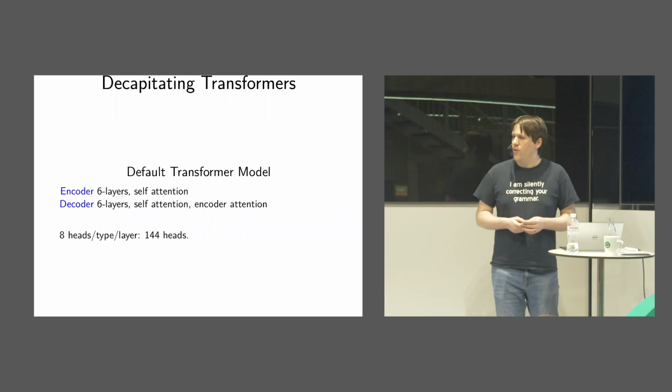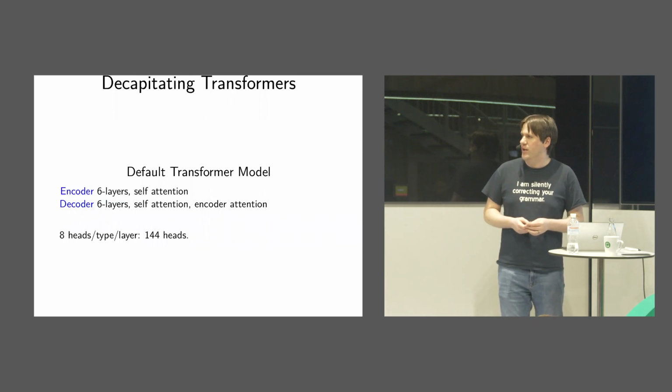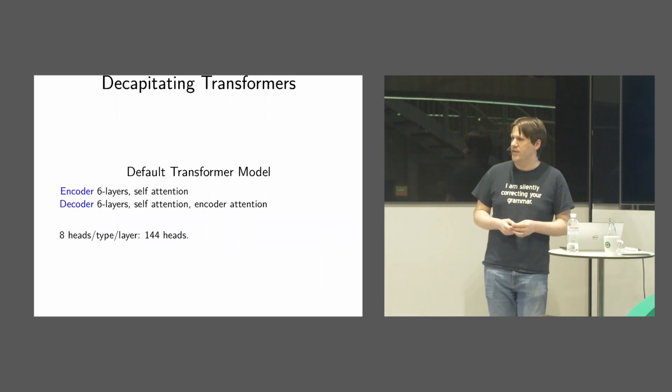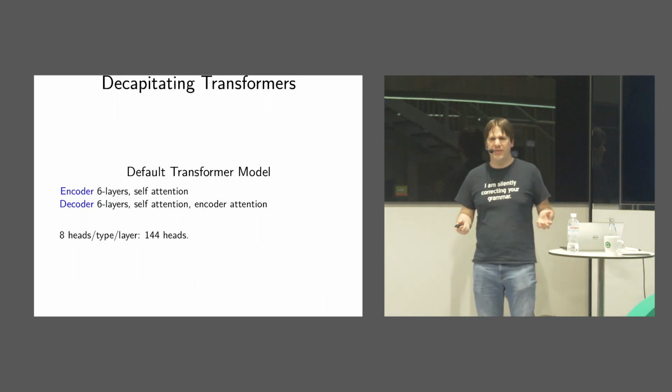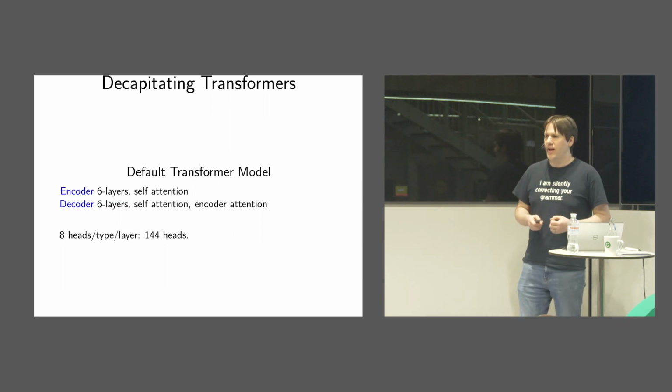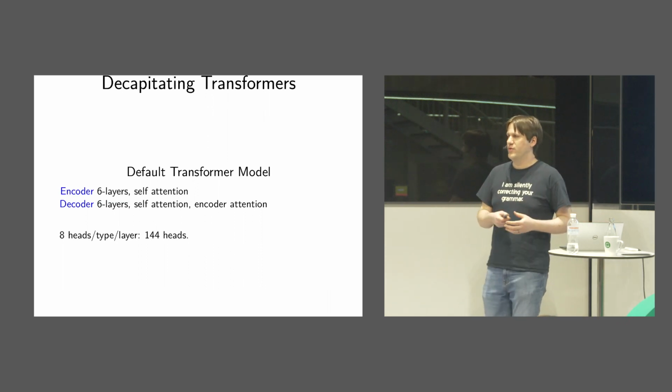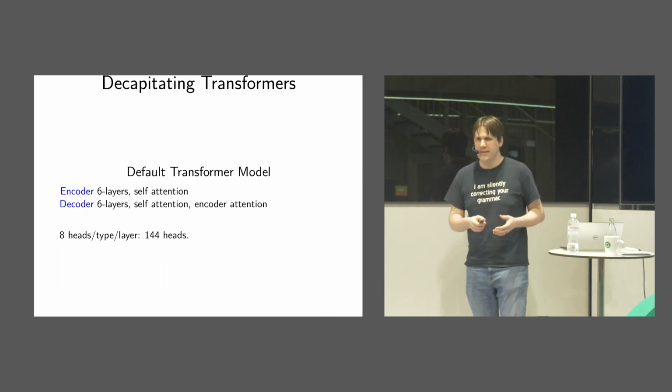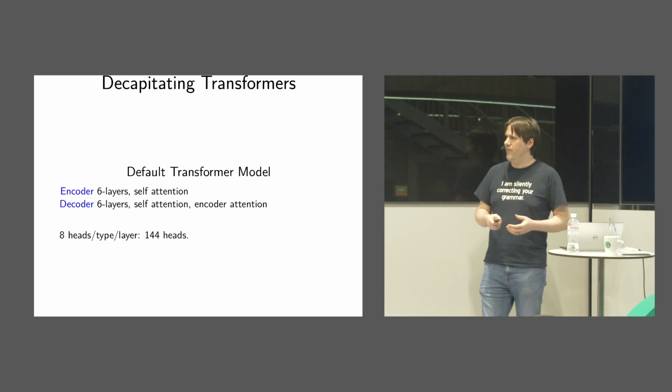Then we have another project just to make things go fast. Linguists like violent examples, so we thought we would follow in the tradition. Transformer models for machine translation have these heads, and there's a lot of them.